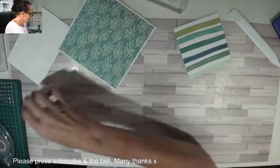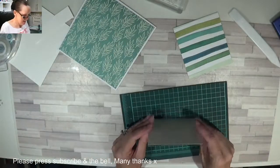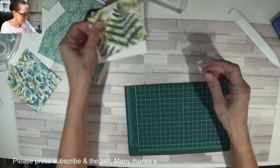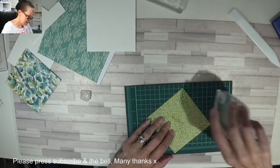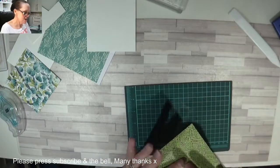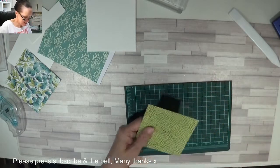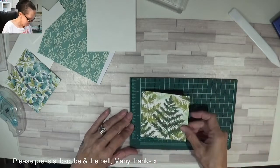But what I do have is my self-cutting mat. That's not, no. Let's do the DSP first. I'm going to pop a little tiny bit of stamping seal, and I'm going to just touch it a bit because I'm trying to make it temporary. So I'm going to just dab it with my t-shirt,